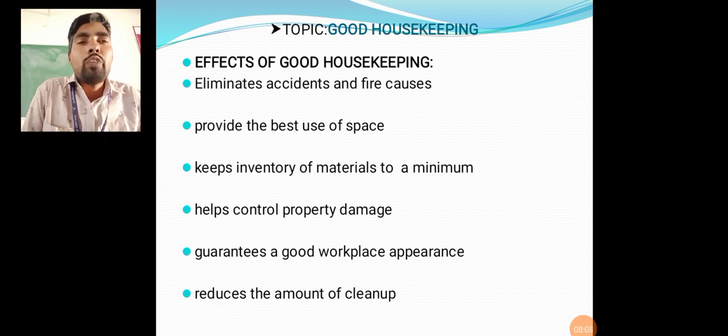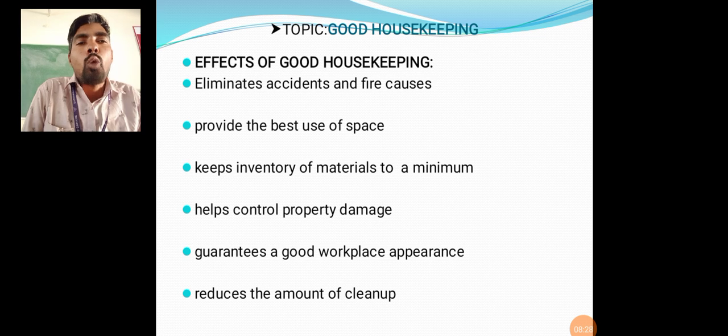So when we remove the waste materials, we maintain proper space, the best use of the space. Keep inventory of the materials to a minimum. Maximum inventory of new materials and machines should be maintained in that room.